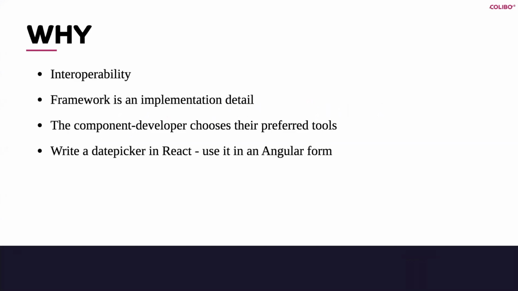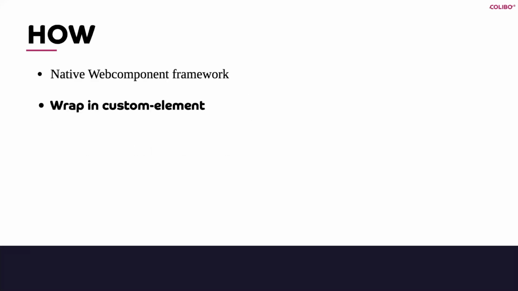We don't want to find the amazing date picker that we've all been looking for, only to realize that that's for React and you're using Angular, so you can't use it. We want to be able to just take it and use it anywhere. Framework should just be an implementation detail. The more I say that sentence, the more it makes sense to me. It shouldn't matter how you build your stuff on the inside, as long as people on the outside can consume it. And there are basically two ways of doing this.